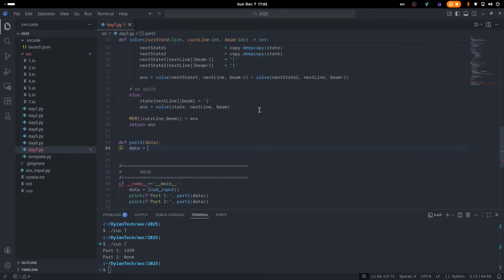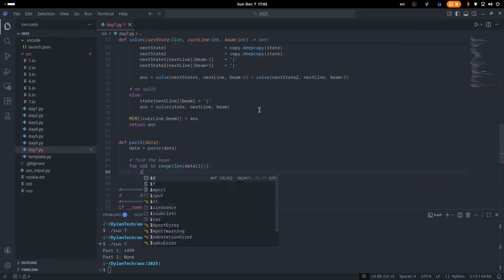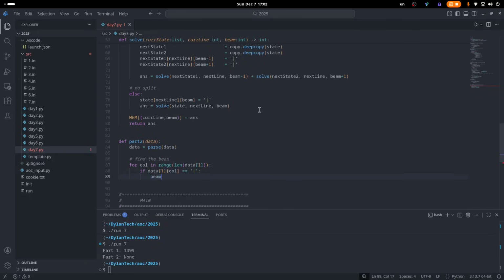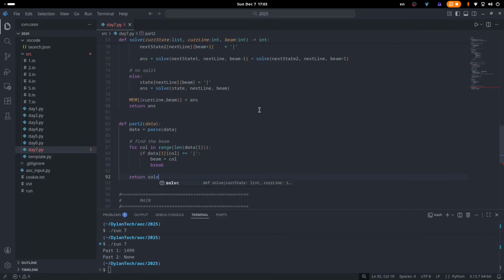And we'll say data is equal to parse data to get that list in with the beam already inserted just like before. And we want to go ahead and find the initial position of the beam. So say find the beam: for column in range, length, data, 1. And if data 1 and column is equal to the beam, then we can just say beam is equal to column and break. So then we can just return solve of data, and we want to skip the line that